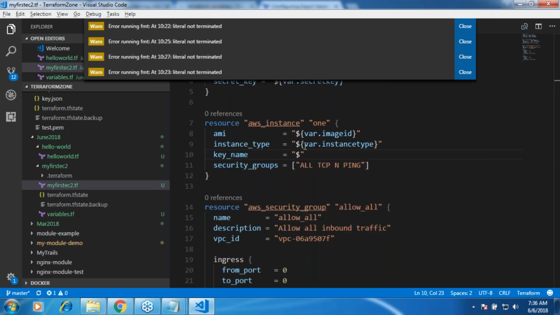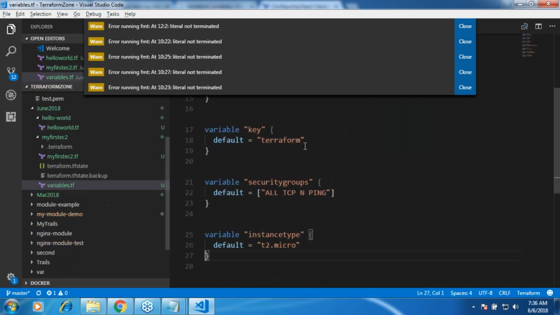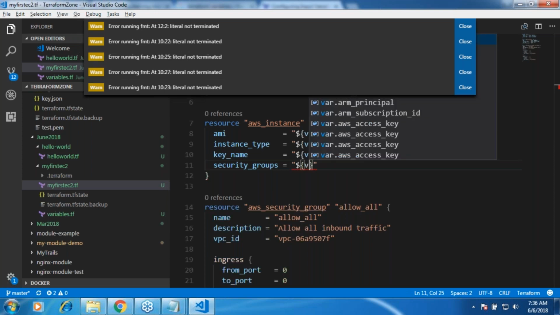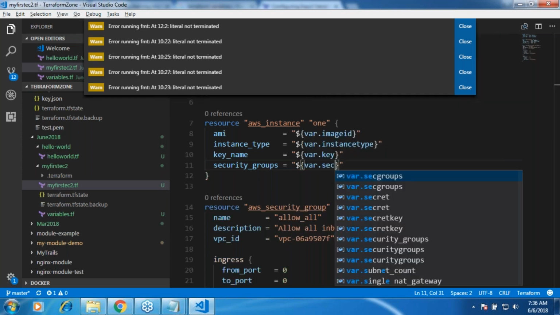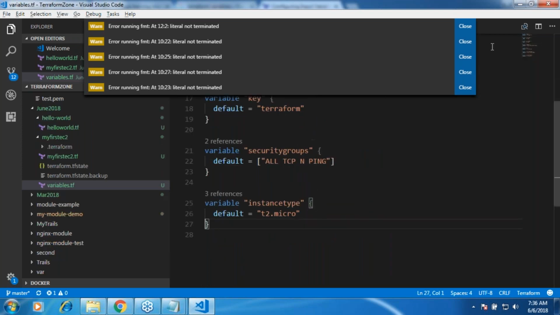Okay, var dot key, yes. And last one is dollar var dot security groups. I am thinking that I have written the full name. Yes,